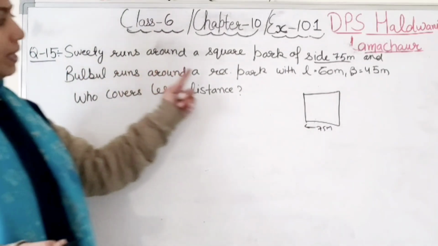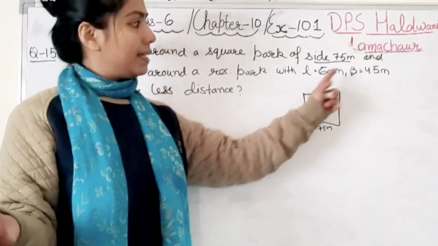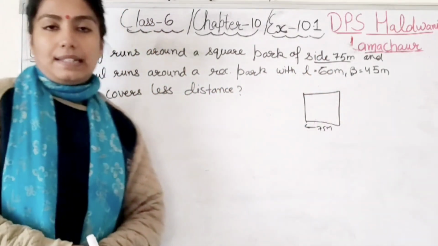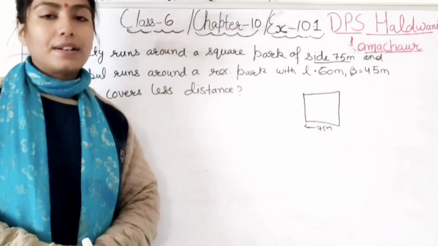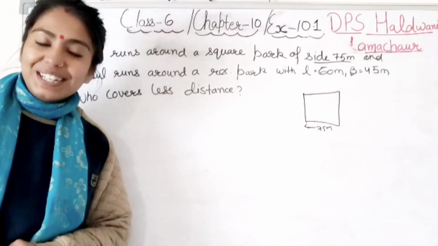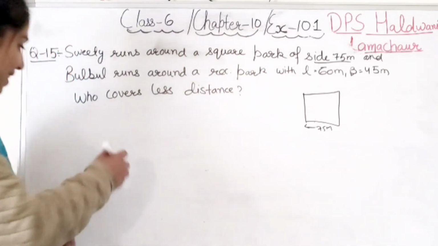Bulbul runs around a rectangular park. Rectangle है तो length और breadth mention होगी. Yes, it is given to you. Who cover less distance? किसने less distance cover किया? Obvious, whose perimeter will be less. So basically perimeter of square and perimeter of rectangle. Right student? So